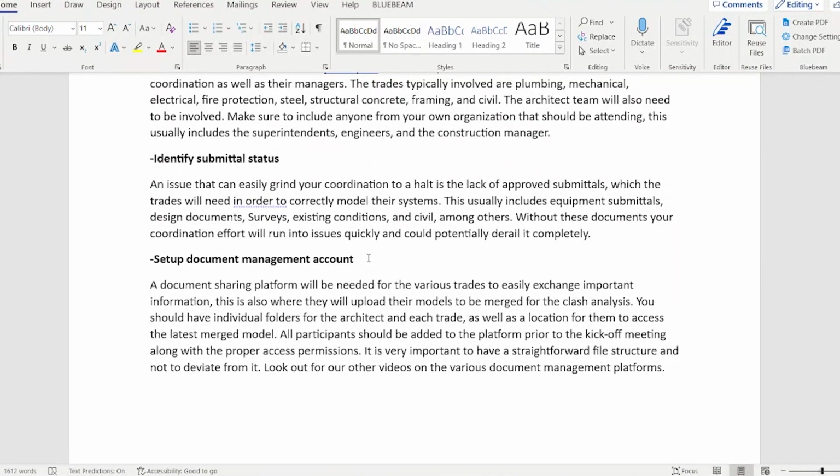This is going to be like your BIM 360 or your Autodesk Construction Cloud, whatever your team is going to be using. A document sharing platform will be needed for the various trades to easily exchange important information. This is also where they will upload their models to be merged for the clash analysis. You should have individual folders for the architect in each trade, as well as a location for them to access